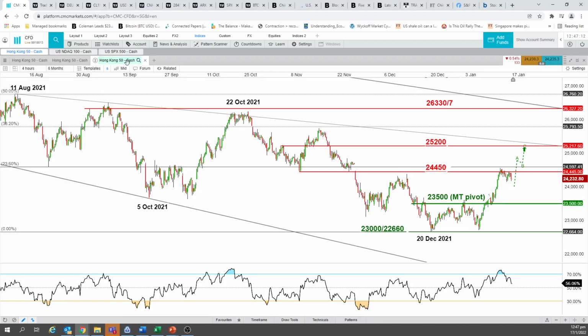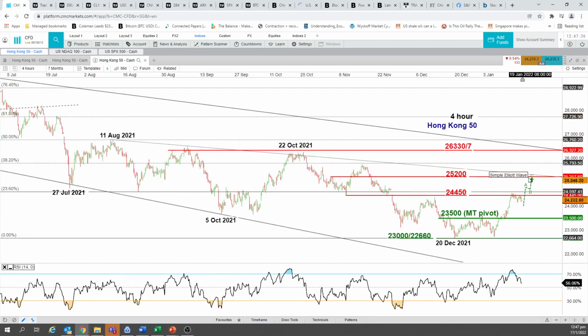So what we have in store for this week is that last week we mentioned the first resistance at 24,450 for our bullish buyers. It has been met. Then it started to shape a minor pullback. So what we do this week is shift the medium-term pivotal support to 23,500. As long as 23,500 holds, I'm expecting another potential push up to at least test